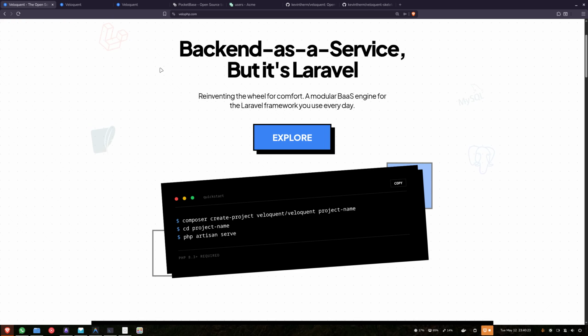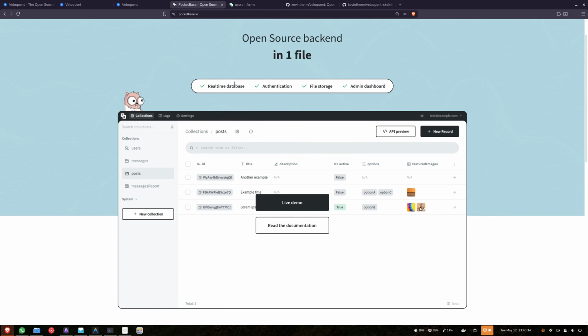So this is a project that I've been working on for the past few months, and it's basically a PocketBase clone built with Laravel. If you don't know what PocketBase is, it's a backend-as-a-service platform, a simpler alternative to Firebase, where everything runs as a single binary, a single executable, so you can focus on building your app or your front end. And if you're not familiar with backend-as-a-service platforms in general, the idea is